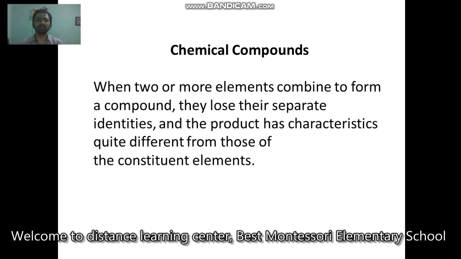They are the substances that are formed by combining two or more elements, and after the formation of a chemical compound, the elements lose their properties and there is a formation of a new compound with new properties. That new compound with new properties is a chemical compound. These chemical compounds have different properties than those of the elements they combine.